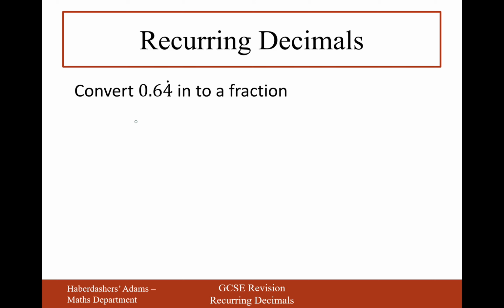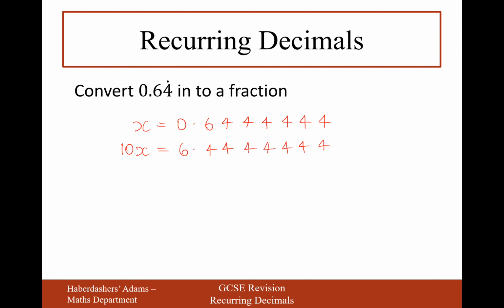Okay, so let's give this question a go then. Bit of a difficult one, this one. Let's write it out. 0.6444444, and that will carry on going. Well, what happens if I multiply by 10x? I'm going to get 6.44444444. Now, all of these 4's are going to perfectly cancel out, but this 6 and this 4 will not